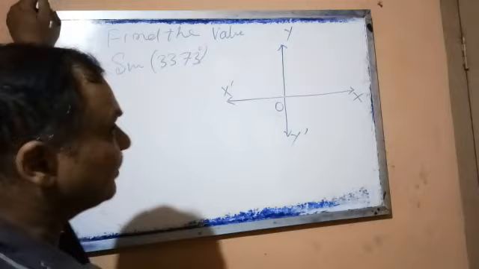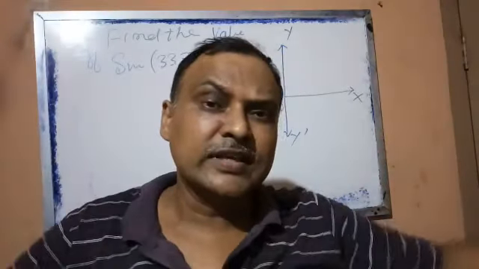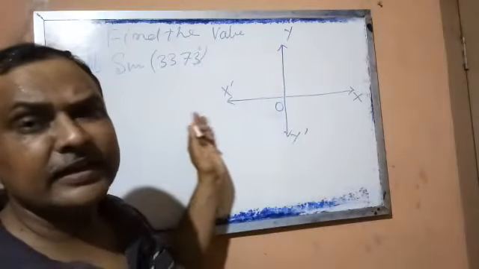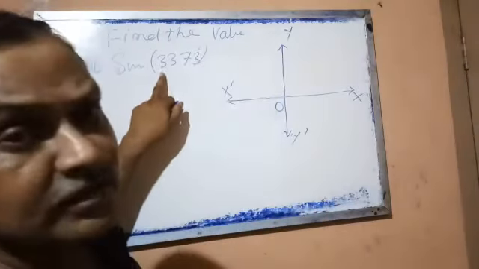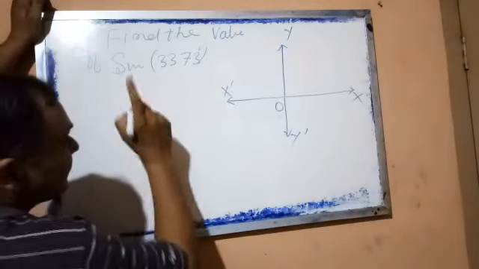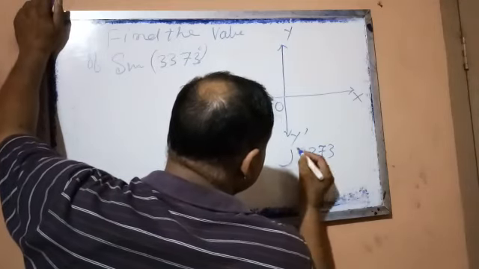It's okay. So what will we do? In general maths the angle never crossed the 90 degree limit because it was a complementary angle. Here any angle can be there, and it can be plus also, it can be minus also. So first thing we will do, this 3373 we will divide by 90.